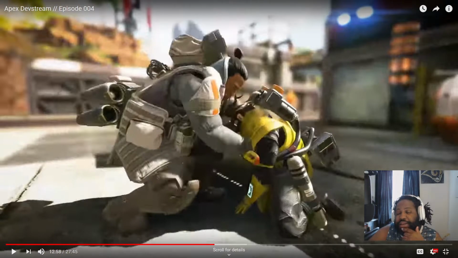Well, they need to do some of the mechanics with him then. Like throwing out your bubble needs to be a lot faster. Mechanics like that need to be a lot faster, because when I'm playing Gibraltar as a Gibraltar main, for me,